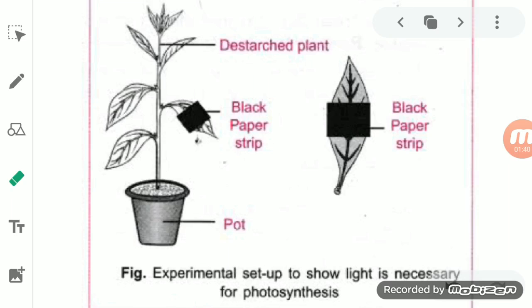So we studied how we can perform the starch test with the help of iodine solution, in which we take the leaf and boil it, dipping it in ethanol alcohol to remove the chlorophyll and all the color, to decolorize it and make it colorless. After adding the iodine solution, it turns blue black, which confirms the presence of starch in it.